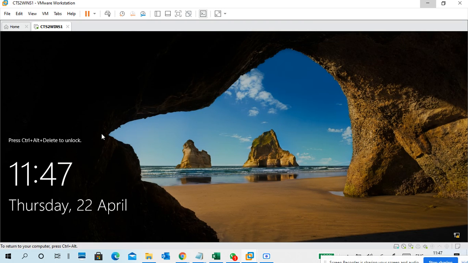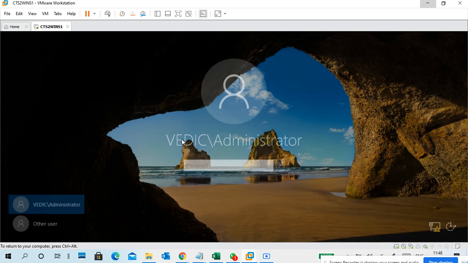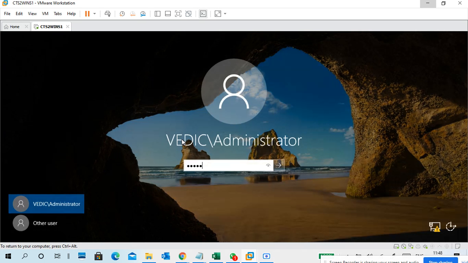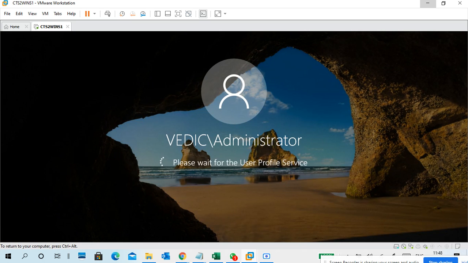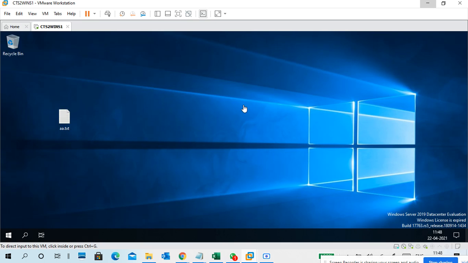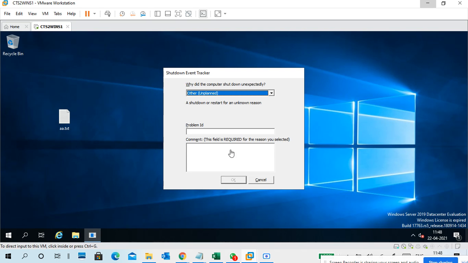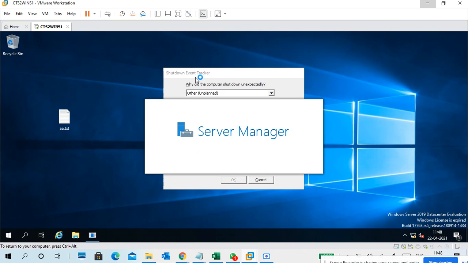Okay, so there are a few things to install. First of all, how to install in a server, we'll see. This server already has so many servers, overloaded. Let Server Manager open. What is this?